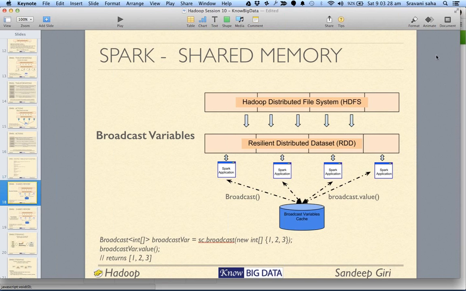Cool. So now moving on, other than these two big facilities, Spark provides you something more. Spark provides you with something called a broadcast variable. A broadcast variable behaves like a shared memory or a cache. A lot of people ask when we discuss MapReduce, what if one mapper or reducer needs to communicate with another? The answer is generally using a third-party central cache. So instead of using a third-party cache,